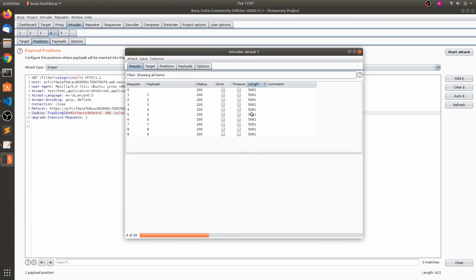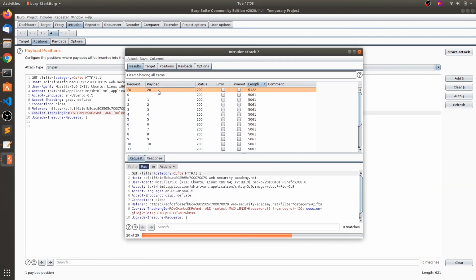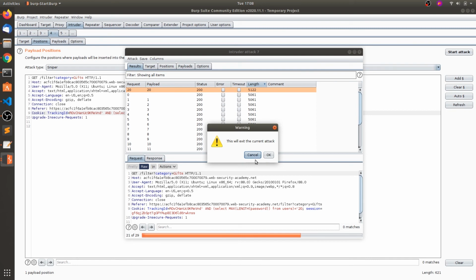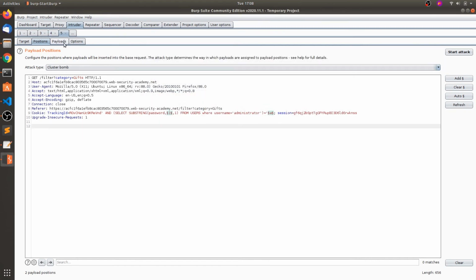So let's see this one. So now we can see the 20. That means the maximum attack payloads you can set is 20.